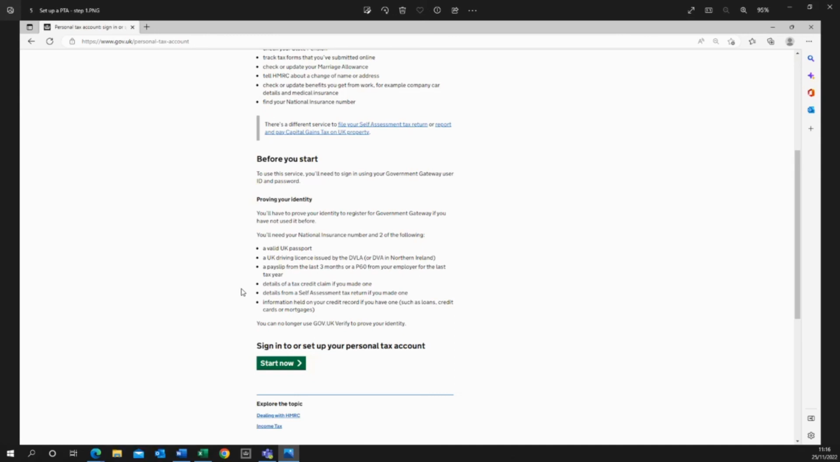So I'm just very quickly going to talk you through what it looks like to set it up. So in order to set it up, literally type in HMRC personal tax account, and it'll take you to this login page. It'll give you the option to set one up if you have not yet done so. If you have, it'll take you to the Start Now page, where you sign in using the same user ID